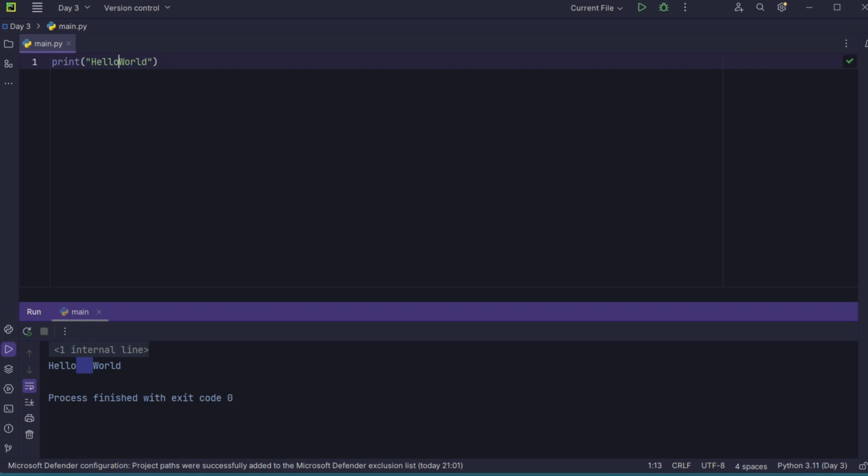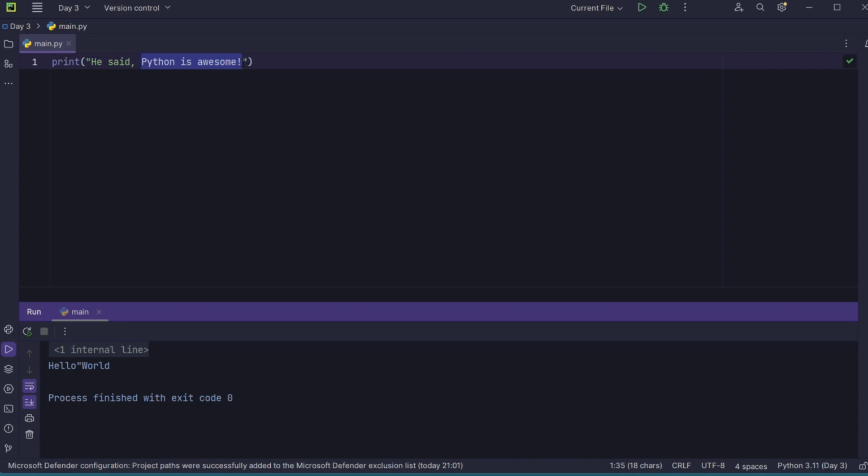Now, as I mentioned, if you want to use a single quote inside a string literal, then we have to enclose it with double quotes. And if we want to use a double quote inside a string, we have to enclose it inside single quotes. But what if we have a double quoted string